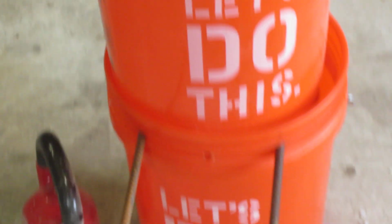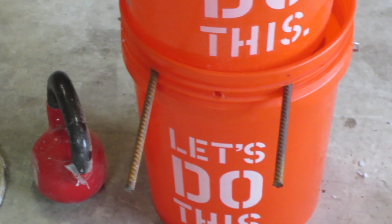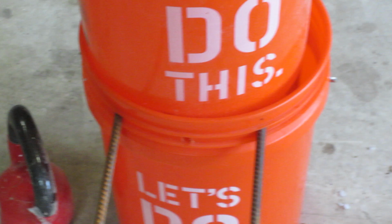And then after I get done pulping it, I'll take and put it in this strainer. Okay, I used a rebar because the pulp gets really heavy. So then I use this strainer to get all the extra water out. But you could see I put a bunch of holes at the bottom of this bucket, which lets all that water out. After you put this piece of wood on it,